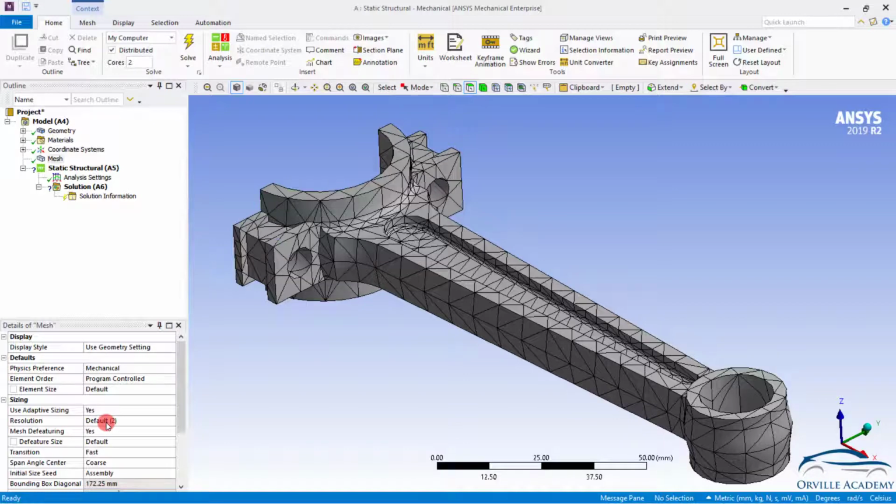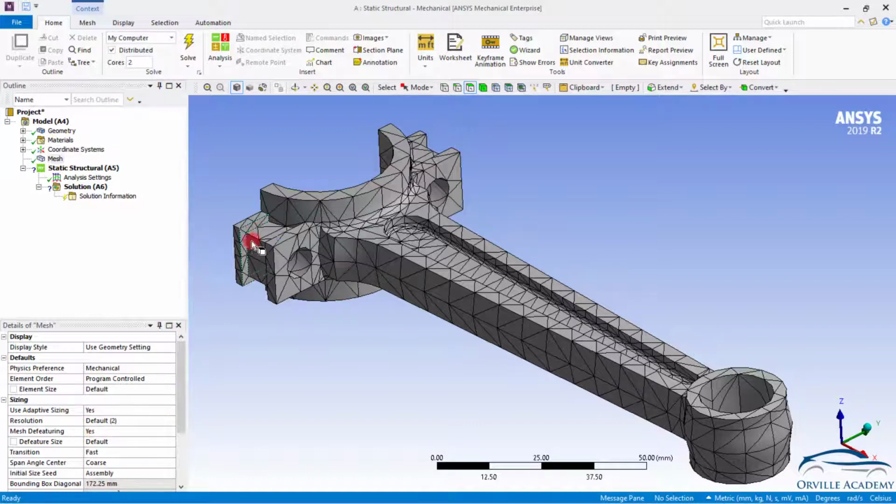After the resolution, the next option we have is known as mesh defeaturing. Generally, while doing analysis, the CAD will be created in some other CAD software and imported over here. Not only that, while creating the CAD, there might be some very small fillets which are not important in terms of analysis. Let's say I want to remove those fillets. In that case, I can use the defeaturing option.